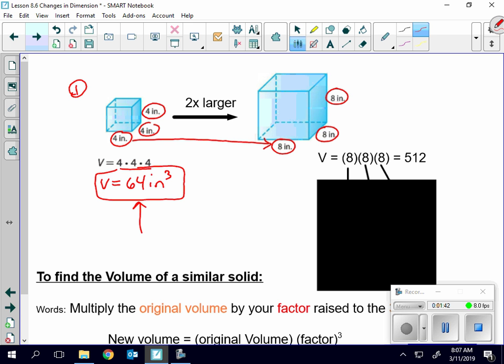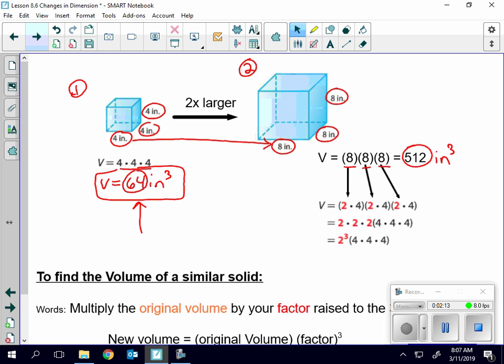All right, so the volume here of this bigger cube, this is number 2, is 8 times 8 times 8, which is, of course, 512 inches cubed. Now, what does that mean in terms of what we multiply by? Instead of drawing a picture every time, think about what you're multiplying by. We're not just multiplying the original times 2. 64 times 2 does not give us our 512. What we're doing here